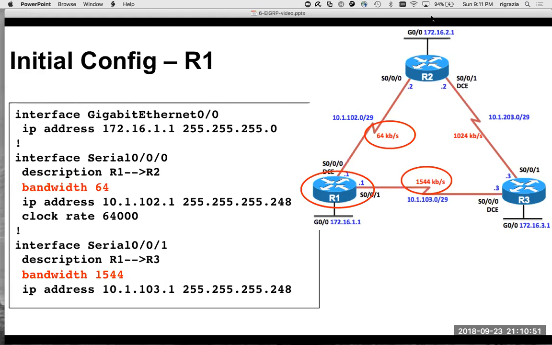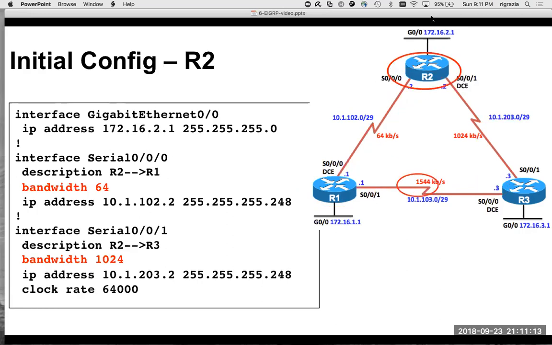Remember, we used the show interfaces command when we looked at the composite metric for EIGRP. So the point here is you need to make sure you reflect the proper bandwidth on your serial interfaces. Okay, we do the same thing on router R2,